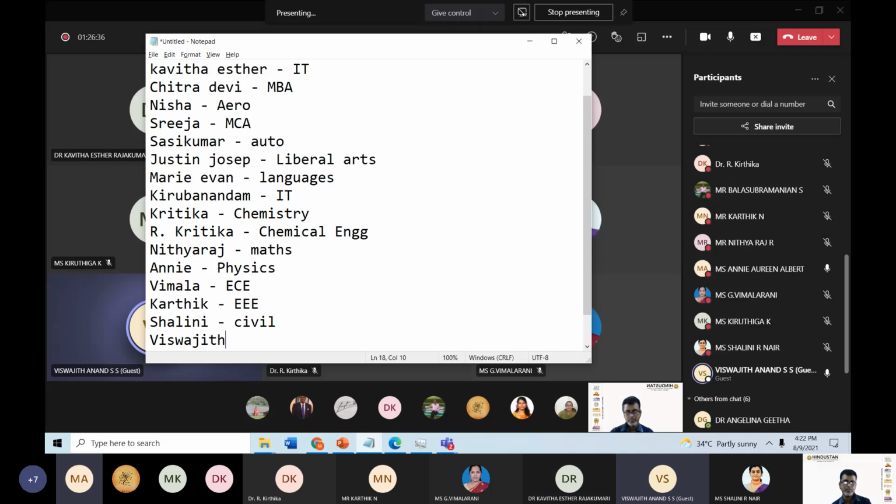Sampath sir, I have a suggestion. Last time when we created the IDs for the students in Moodle, we created them using a dummy email. Now the students have official individual mail IDs. It will be better if you create them with the official IDs, sir. Yes, ma'am, we will do it. I put my phone number in the chat box, and you can use this LMS mail ID for official purposes: LMS@hindusthanuniv.ac.in.